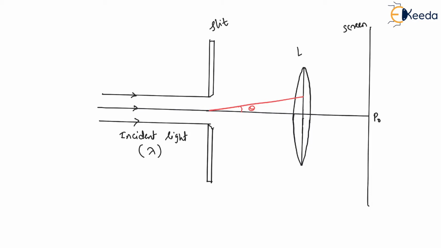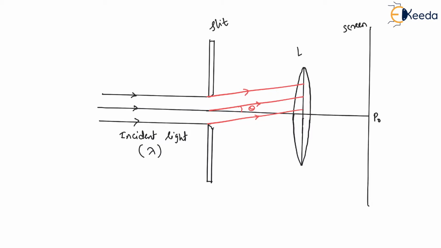Again, we will draw the same for the other rays also. So this one is for this, and then we have this one. Remember that all these rays will be parallel to each other. Why? Because we know that in Fraunhofer diffraction, all the diffracted wavefronts, these secondary wavelets, have the same initial phase. That's why they all are parallel to each other and all have initial phase theta.